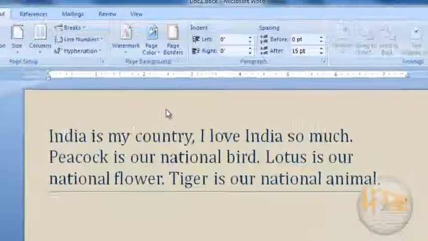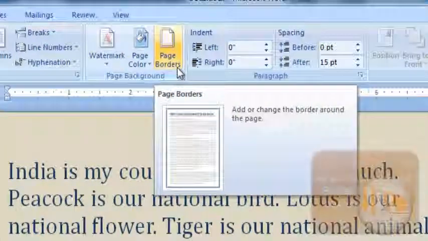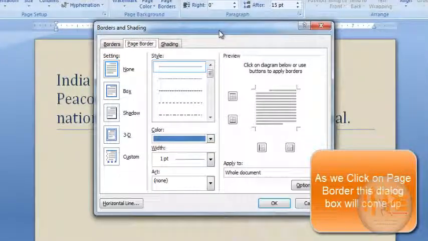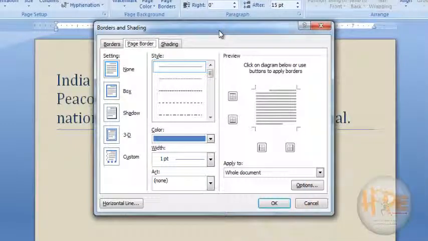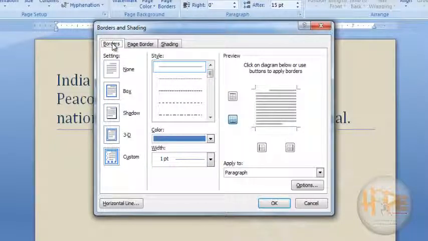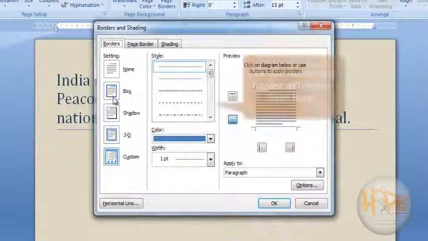Next is page borders. By clicking on page borders, this dialog box will open. From here we can select borders and shading for our page. If we go to the borders, there are some borders given here. We can select any from them, like box,